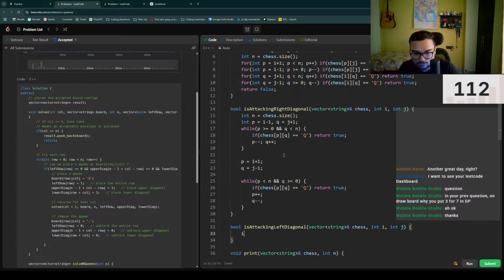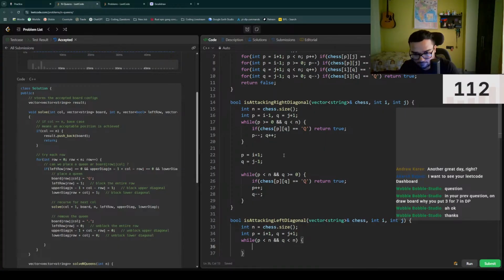Similarly, now here it's the same thing, right? p equals i plus 1, q equals j plus 1, while p is less than n and q is less than n, if